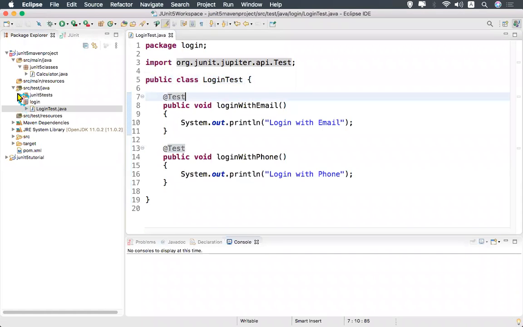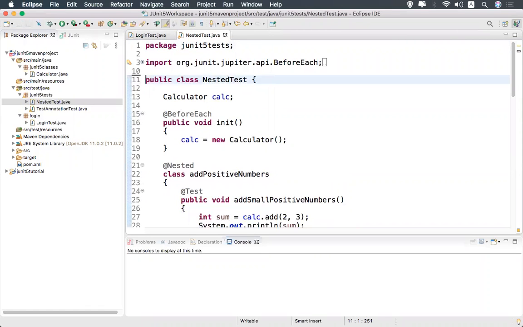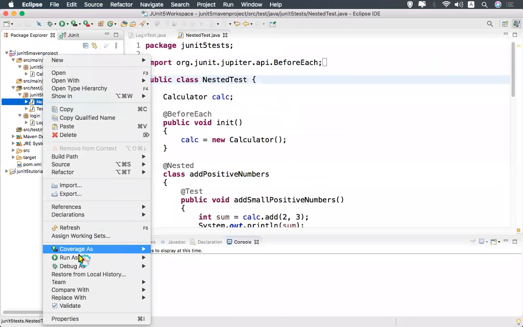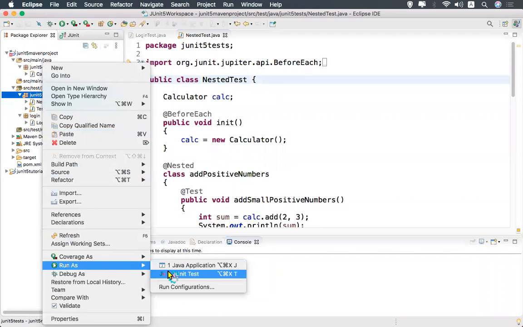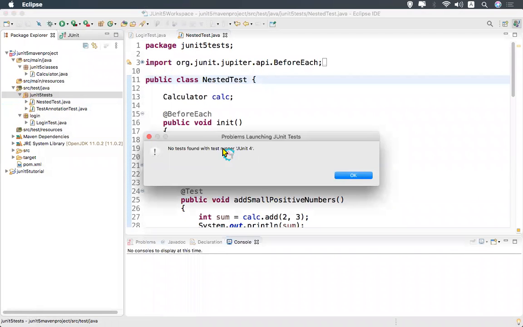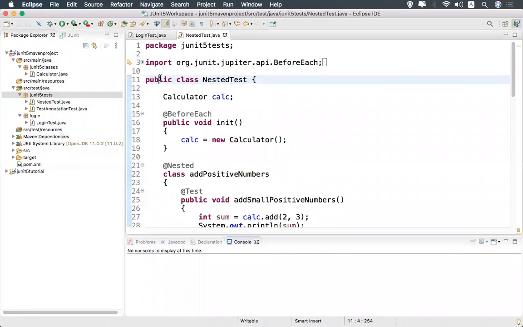The reason is that here in the nested test I have given @RunWith. If I remove this, here also I'll get the same thing. See, I'm not getting that option. If I say run as JUnit test here, you'll get no test found. We have already seen that, and for that only we have used @RunWith.